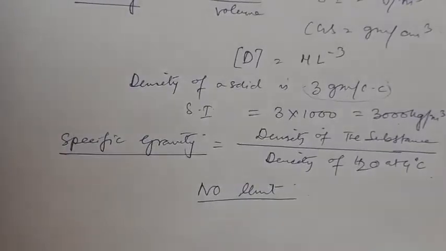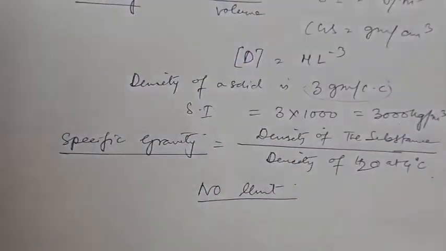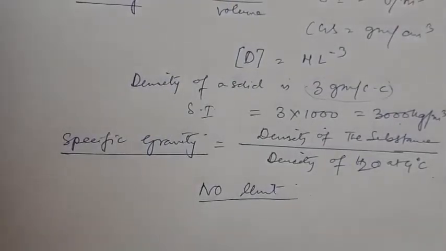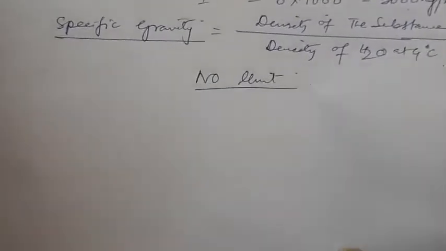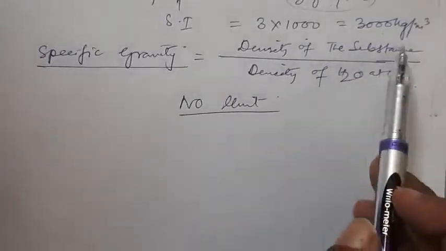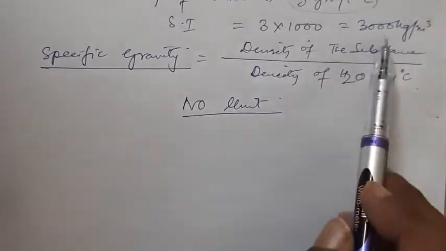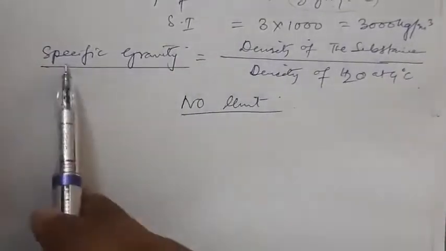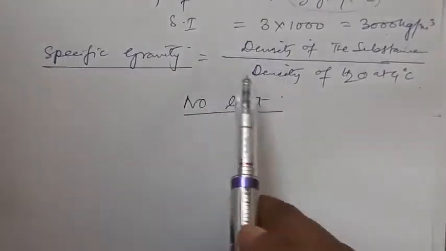But these are the things you have already studied in class 10. One thing you have to learn here is comparison of density and specific gravity in terms of magnitude. Now what happens if you have to find the density of the substance? From this formula we can say the density of substance is specific gravity of the substance into density of water